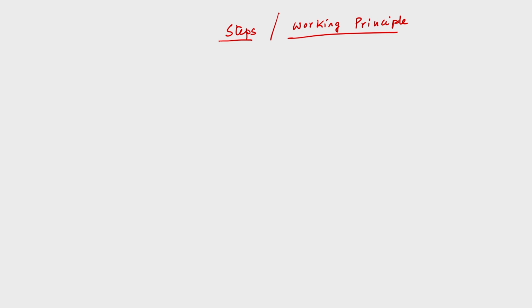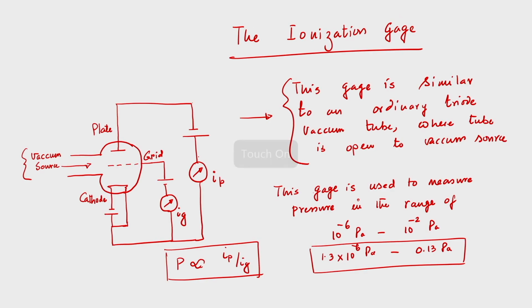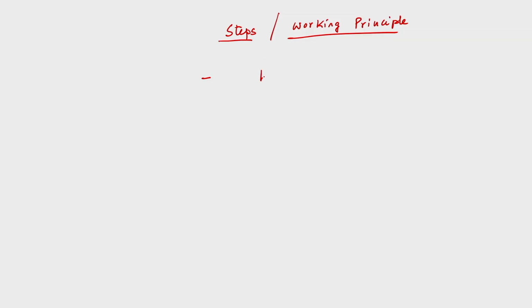So, I will write the steps one by one, then we will explain how we can measure. Number one is very important: if we go back to my previous slide, that is the cathode. Now, the cathode will be heated. Of course, we would like to have current, otherwise it won't be heated. So, if we allow current to flow, then the heated cathode